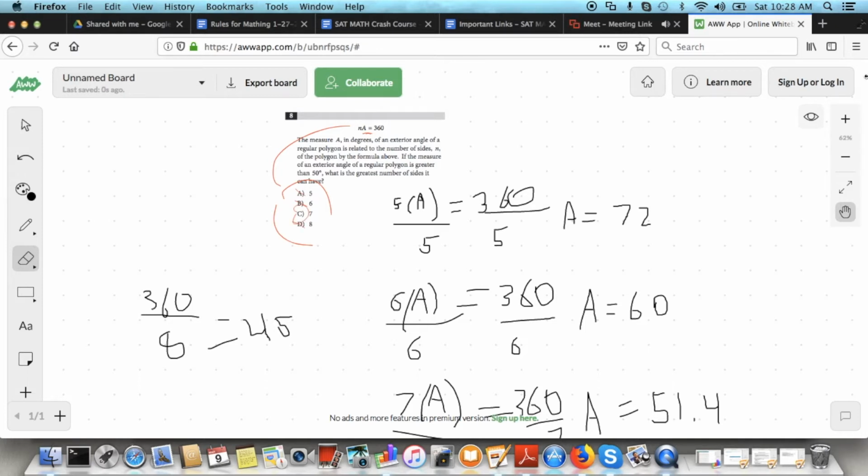Questions about that question? Questions in general? Complaints? Would it be okay if you just did 360 divided by 50 and took whichever choice is closest to that? Yeah, but the problem with that is... okay, so go ahead and do that. You get 7.2. So what do you do with that exactly, right? You could, but